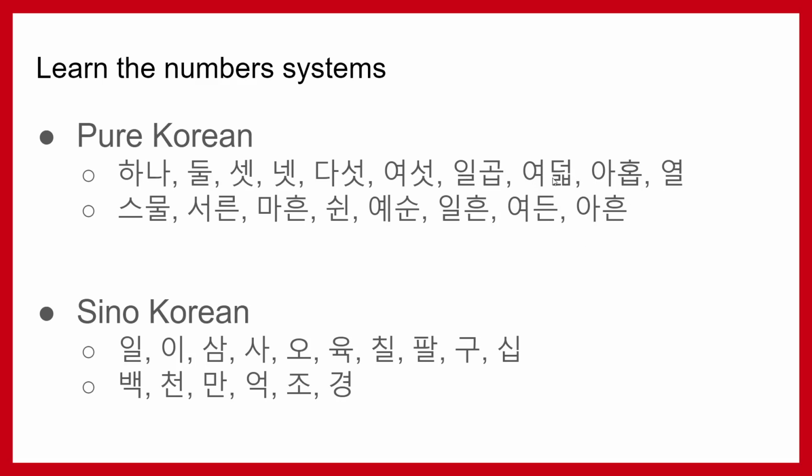So these numbers don't come up that often. They still come up quite often. But I think people tend to avoid using them nowadays, especially these ones. But whenever you're supposed to use a pure Korean word, anything under 99 is going to use these, and probably most Koreans will use that anyway. So obviously these ones we all know. We've got Chon, Man, Okjo, and Kyong, but Kyong is obviously rare as hell. We'll go over the big numbers later.